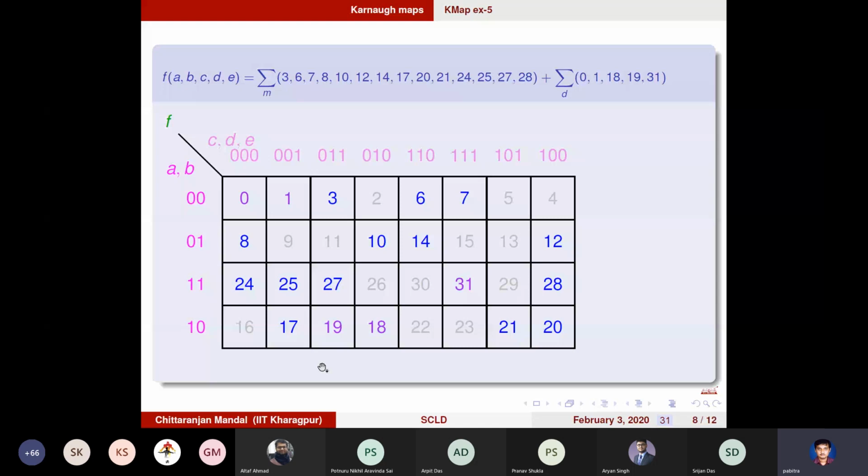The reason I am including the don't cares here is as follows. Since they can take a value 1 or 0, if setting them to 1 helps me create larger cubes, I'll set them to 1. If setting them to 1 helps me draw larger cubes, which means I can minimize the expression further,